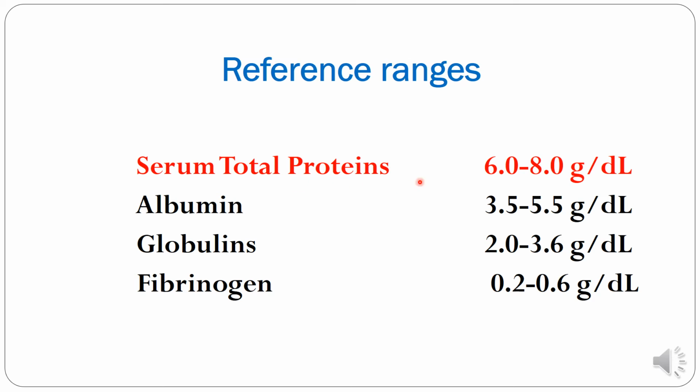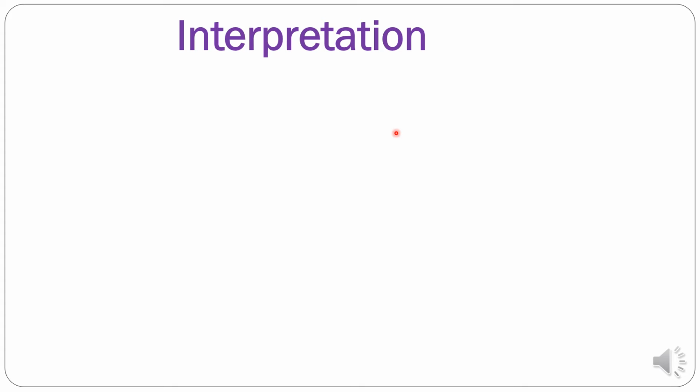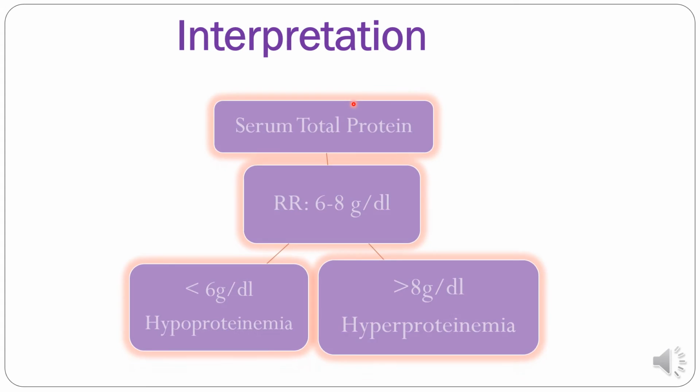Reference range of total protein is 6 to 8 grams per deciliter. So now based on this we will make our calculation. In the previous slide we just saw that the patient sample has 4.1 gram, which is much lower than the reference range. So we must learn now how to interpret the obtained value based on the reference range. So let us see how we interpret.